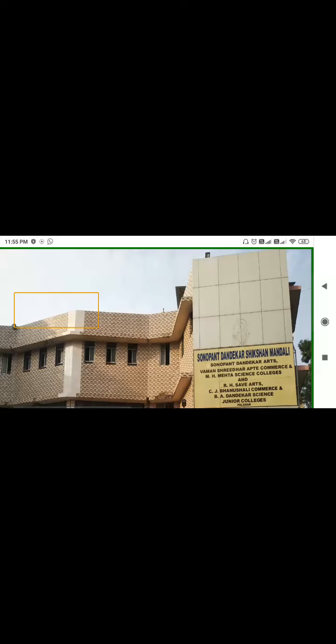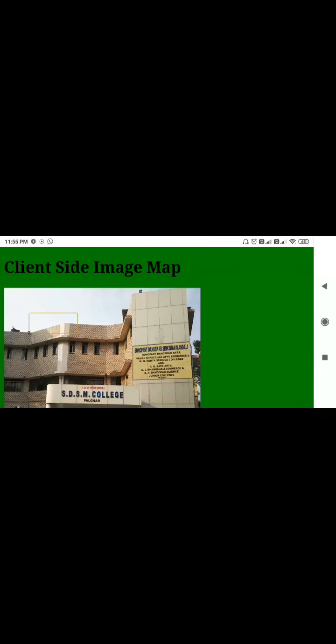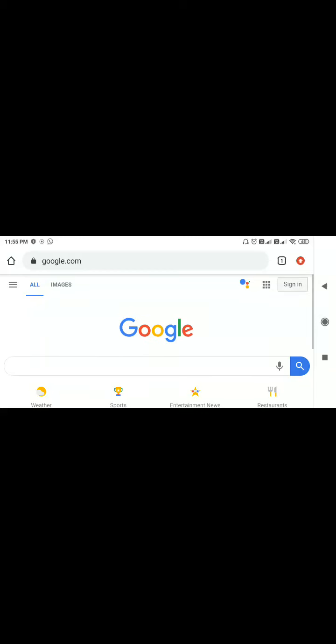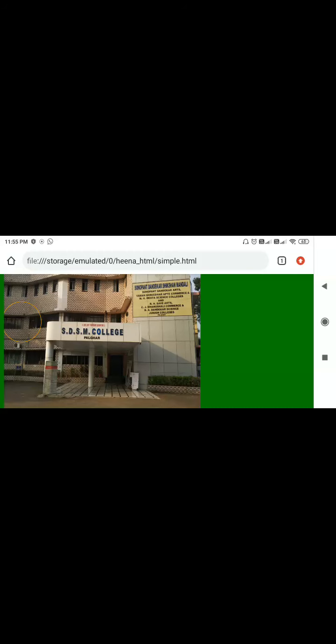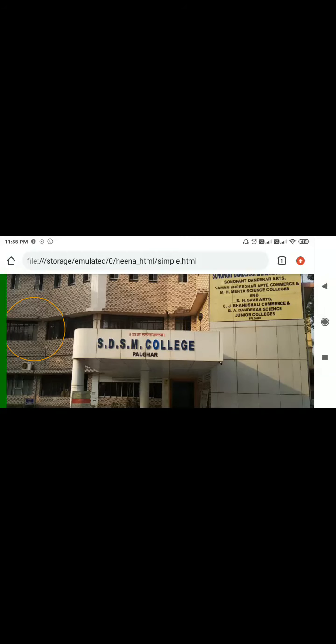We'll see how these shapes will work. Here I'm going to click on the rectangular shape. If I click on this rectangular shape, it will get connected with a Google web page. The Google web page will open. Again, after that the circle shape: if I click on this circle shape, it will get connected with a Yahoo web page. The Yahoo web page will open whenever the user clicks on this circle shape. There is a network problem, so it takes too much time to open the web page.